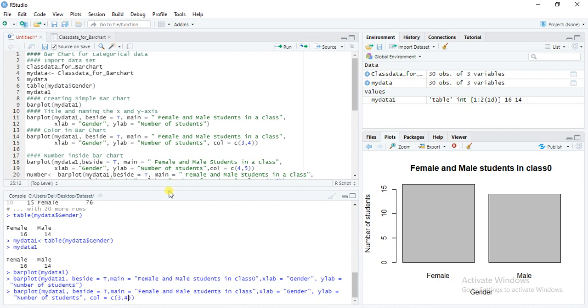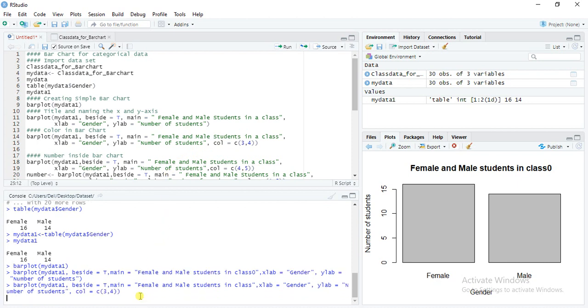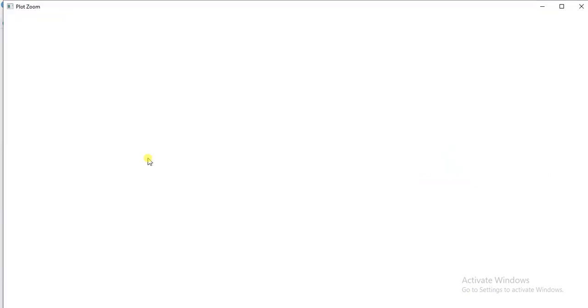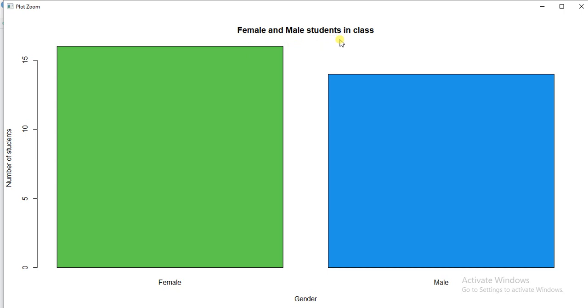We can write 1 2 or 3 4 or 4 5, so we can give any number. So this is our graph. Now we can see here female and male students in class, we have corrected it. This is our title name, and on the y-axis number of students, more than 15, and on the x-axis gender, female and male.